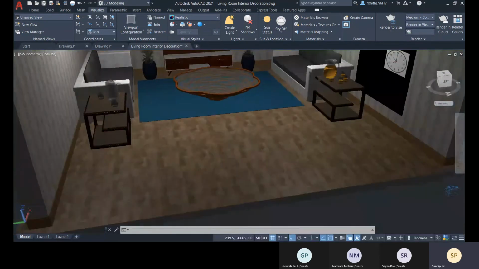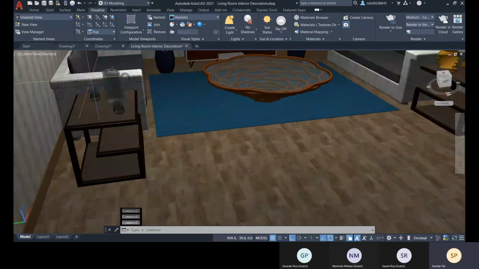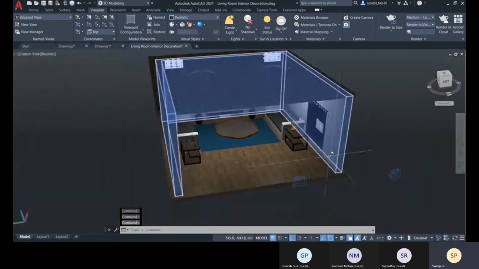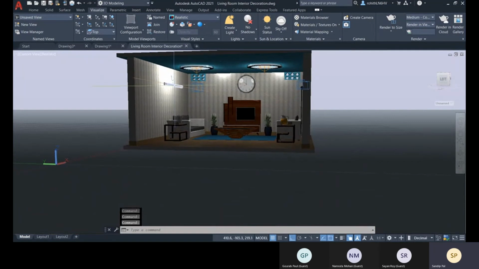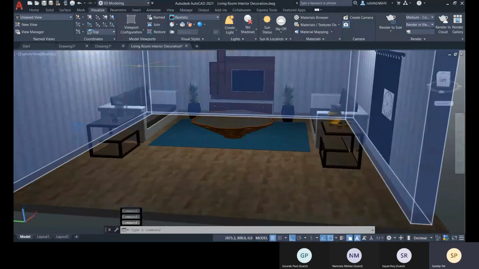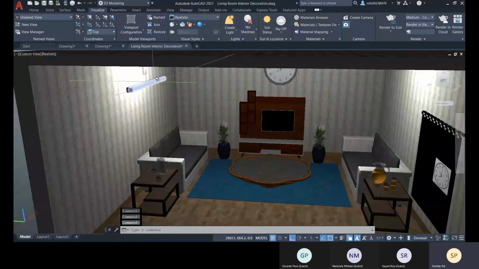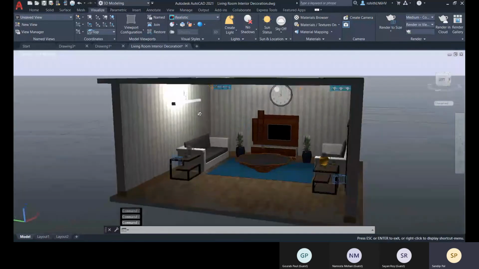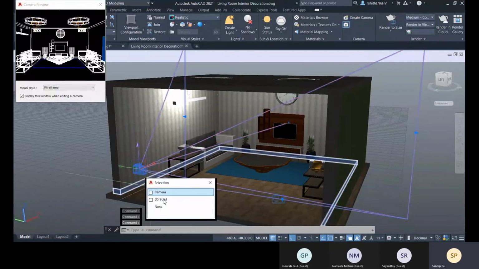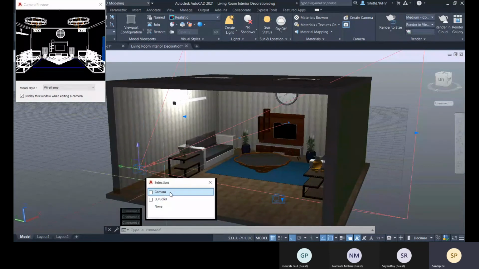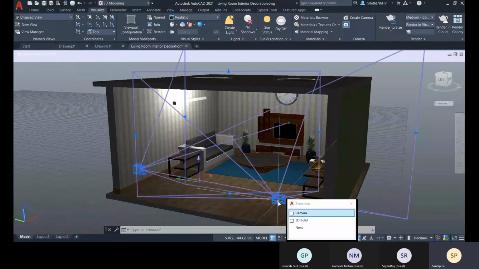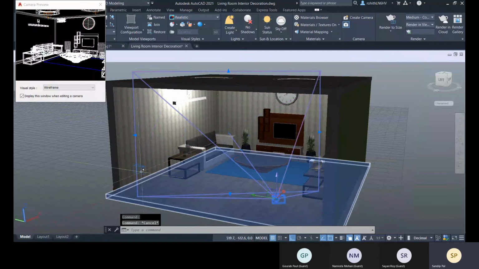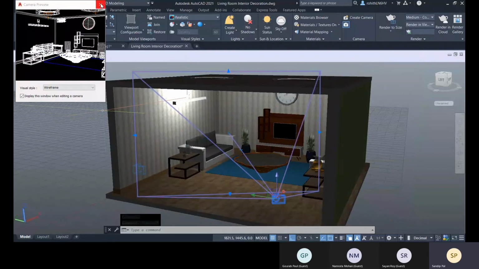So all these materials have been placed, and these lights have been placed. This material has been converted into self illuminated, so it is having that kind of effect. Then this camera is one view, this is another view. Which view you need, according to that you will select that camera.